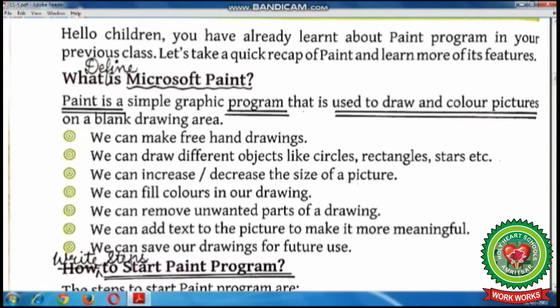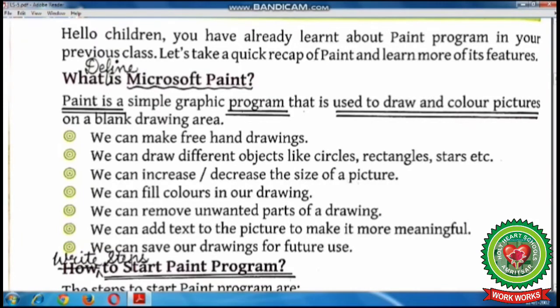Next feature is we can increase or decrease the size of the picture. Increase means big and decrease means small. So children, in the Paint program, you can change the size of a picture also.